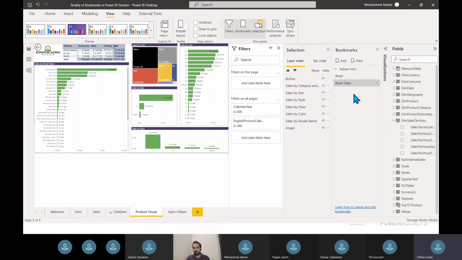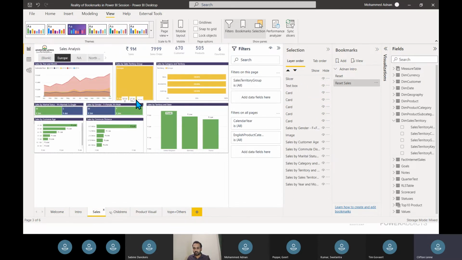That's what I said. The current page actually acts as a page navigation. Even though we have a default page navigation option in Power BI, with the help of a bookmark you can also use page navigation. But what will happen if I click on this without the page navigation? If I go to this sales tab manually,